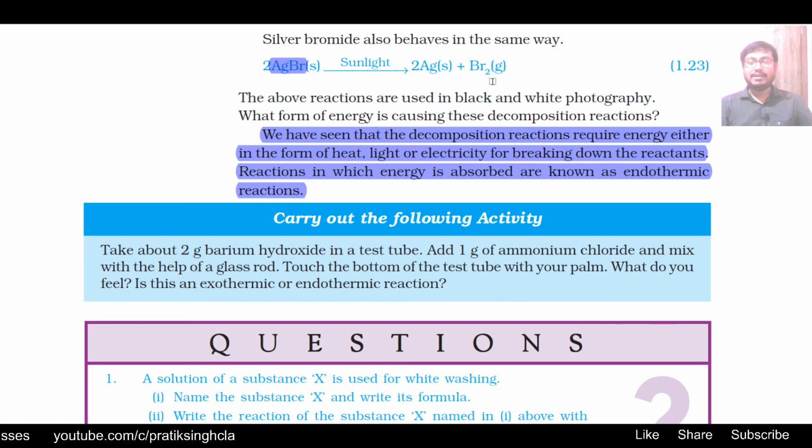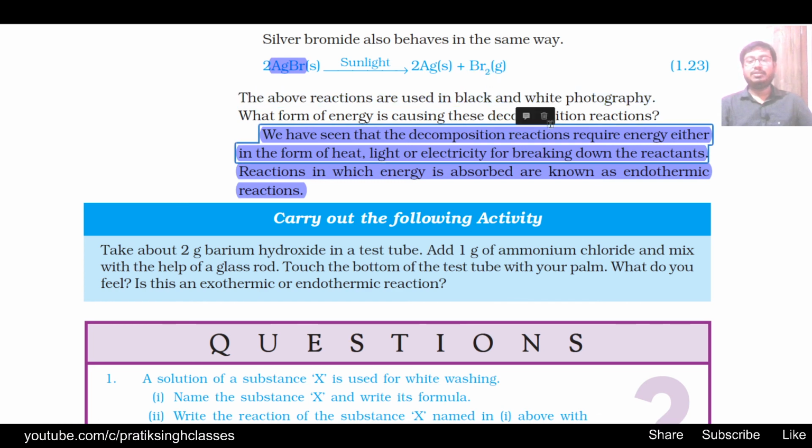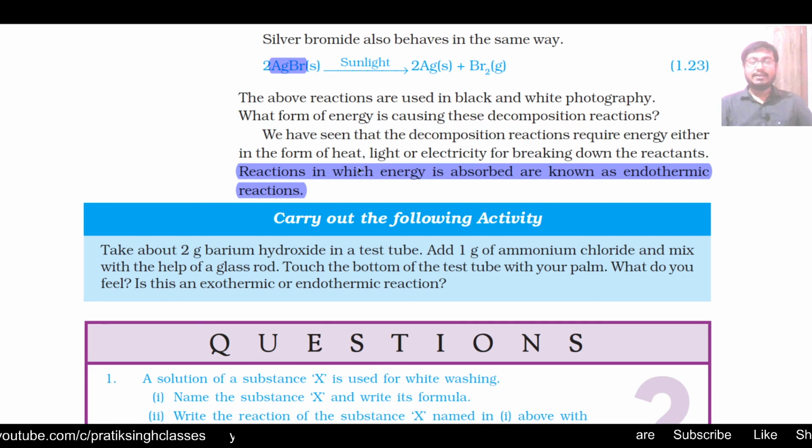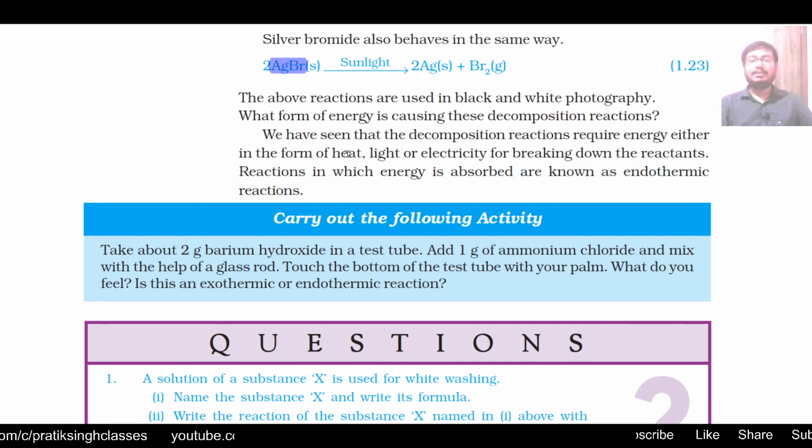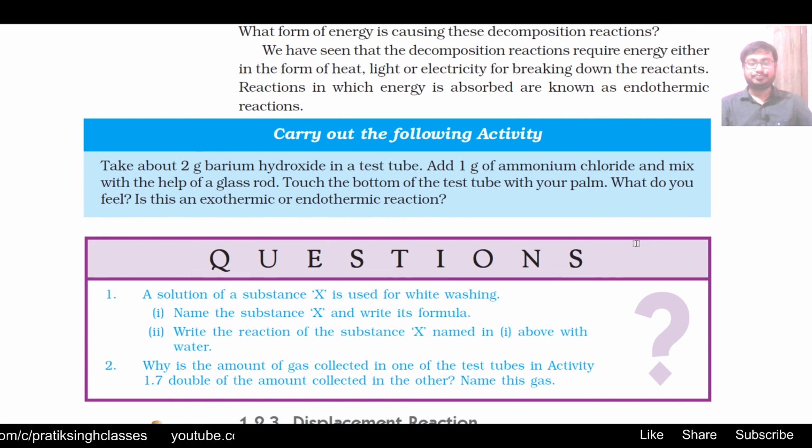And what is the test of an endothermic reaction? How can you find that a reaction has happened and that it is endothermic? You will find out that the temperature of the product is lesser than that of the reactants. So if the products become cooler than the surroundings, it is an example of endothermic reaction, because in that situation it will start absorbing energy from its surrounding.